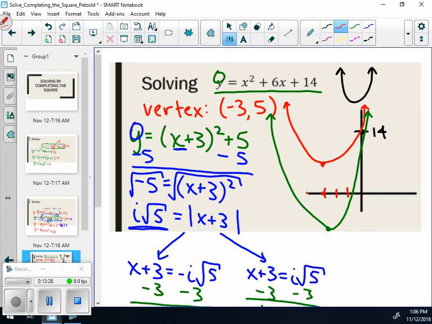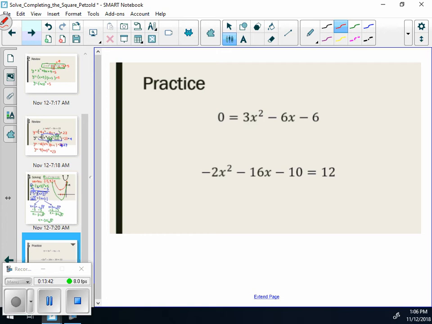Okay. This process here is just solving by completing the square. This is what it means to solve by completing the square. So what we are going to do next, here are 2 more problems. For this first problem, same way that we just did. For this second problem here, this one right here,